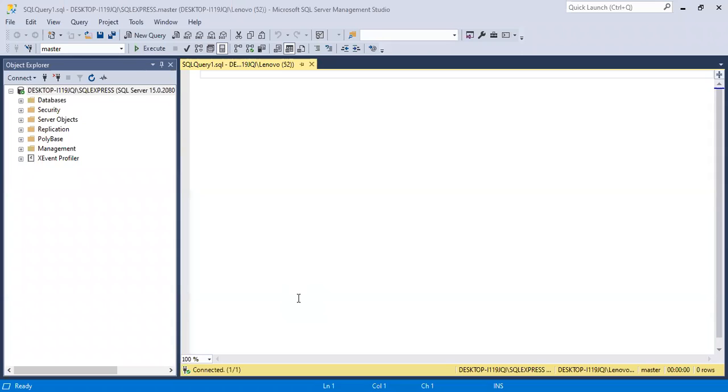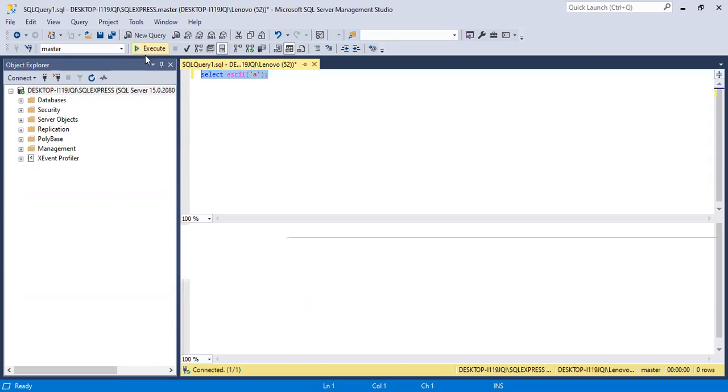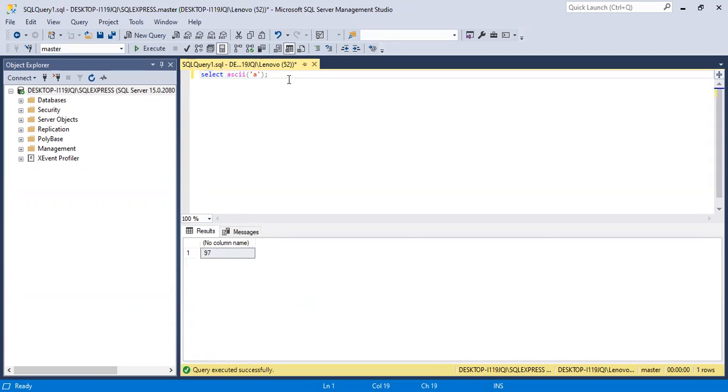What will the ASCII function do? Select ASCII of small a. So ASCII of small a will be 97. I'll just copy it. ASCII of small b will be 98. So once you know the ASCII value of small a is 97,